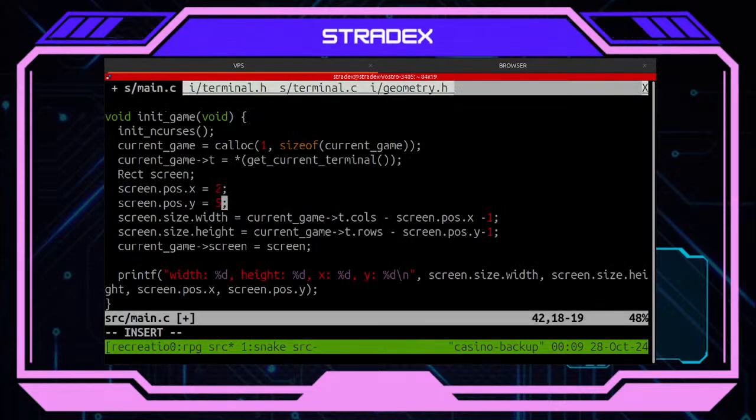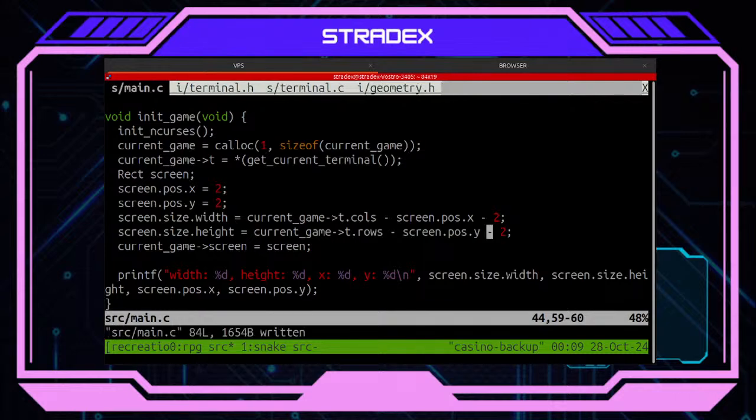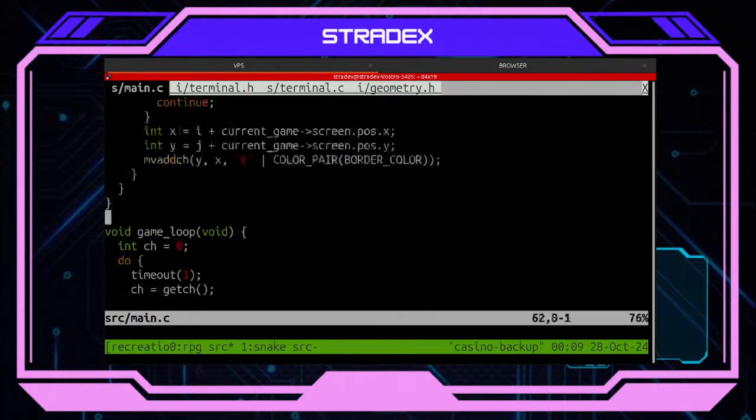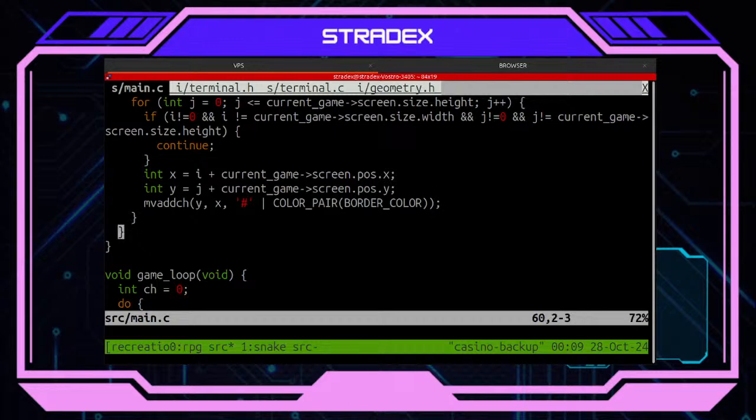So let's just say 2, 2, and here 2 and 2, 5. Okay, it's not perfect, but it could be. I cannot complain.